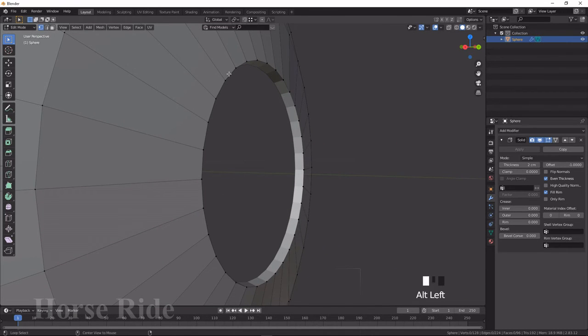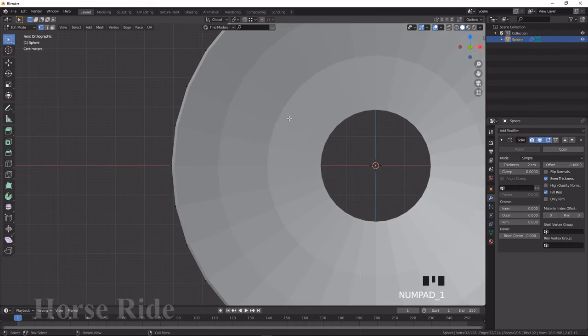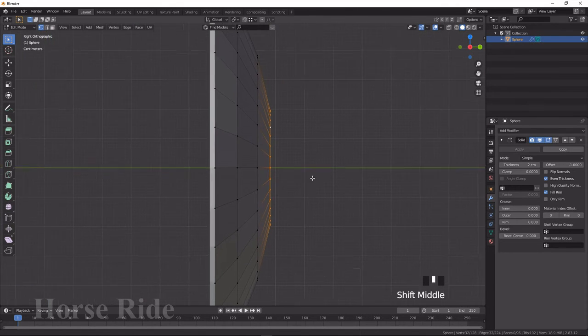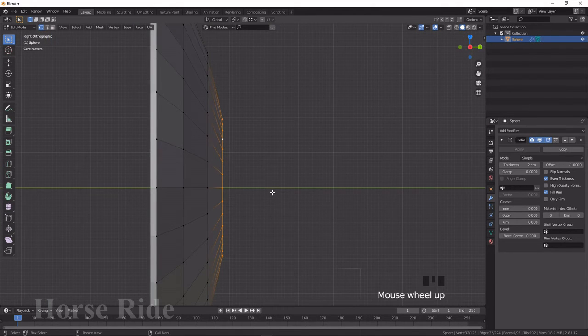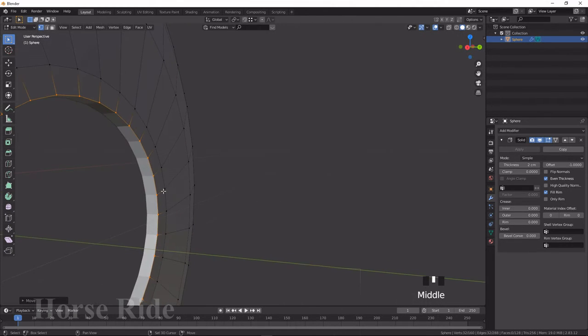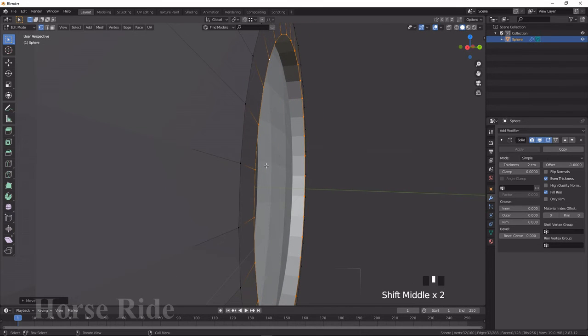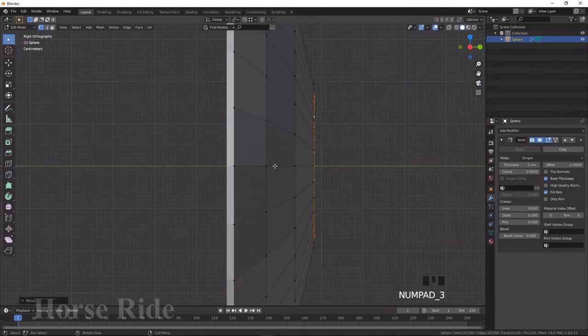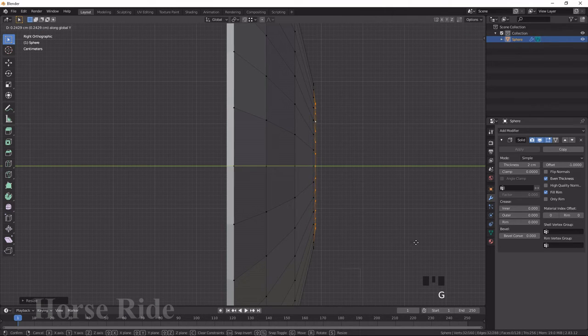Okay, and select these edges, go to the right view by pressing numpad 3, E to extrude and scale down a little bit, and G Y using the Shift key. Scale it down still more and press G Y using the Shift key.